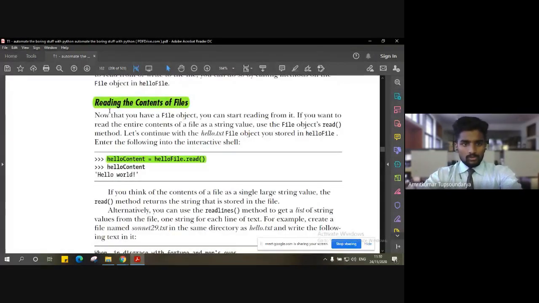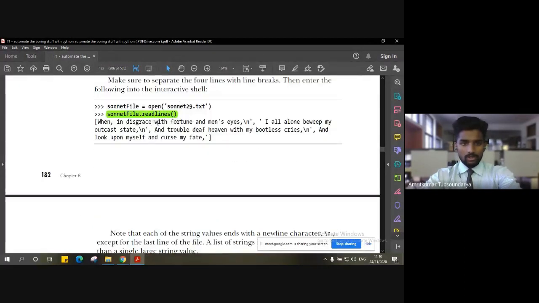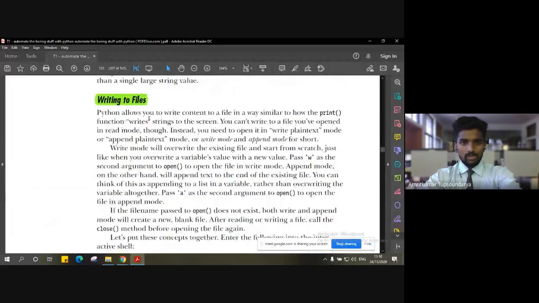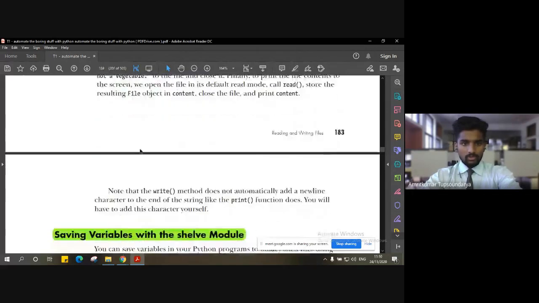Right. So we saw a few examples of writing as well as reading and closing the file, or modifying the content in it, right? So reading the content of a file, then amending some content. We saw different types of permissions, different types of modes, that is writing mode and amending mode, right? What is the difference between the two?